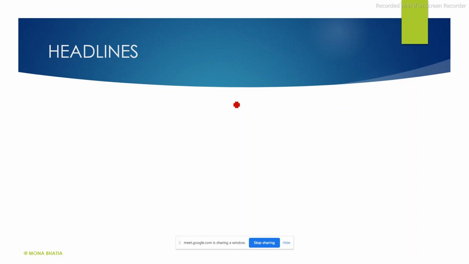So a reporter is not required to give the headline to his report. Basically, he may give a headline to it, but it will not be printed. The headline department is basically, it is the news editor who decides how the story will be placed on the page and what headline will be given. So you can give your headline, but sometimes your headline may not be so catchy, may not go well.